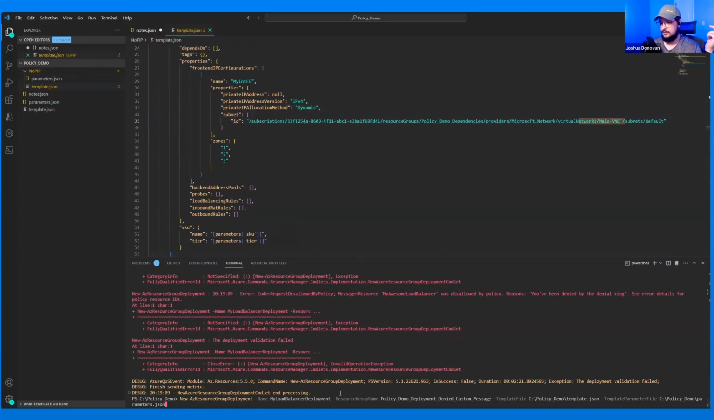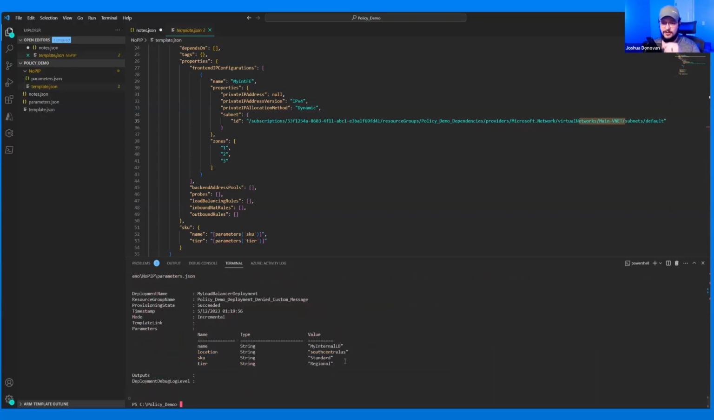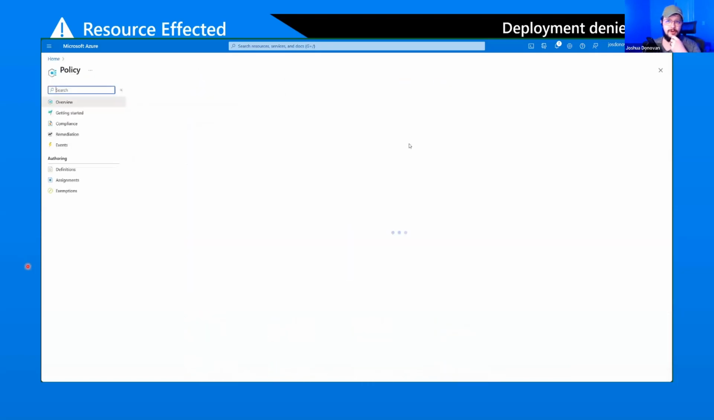So if I deploy that, which will be this one because it's got the no pip on there, go ahead and deploy that. We'll see that it's deployed and it got past the policy because the policy was only checking for that public IP. And we can see that it was successful. So if you get to this point, either through the portal or through code, and you know what your definition is, you can always go back out to policy